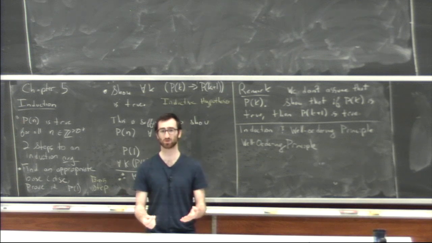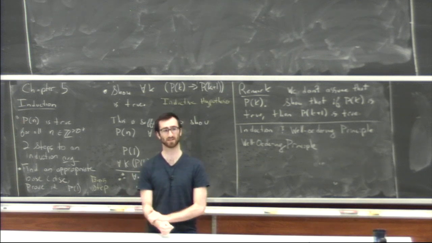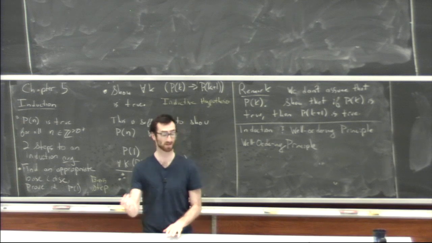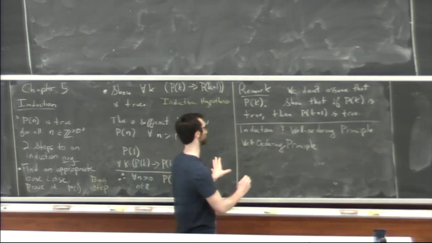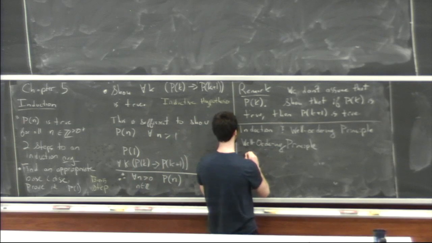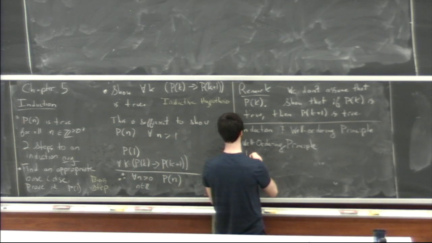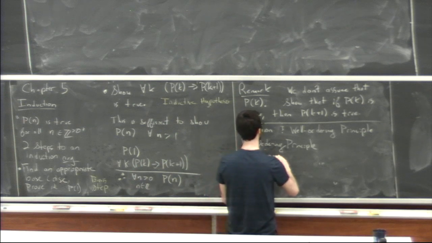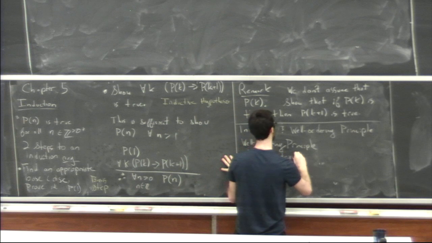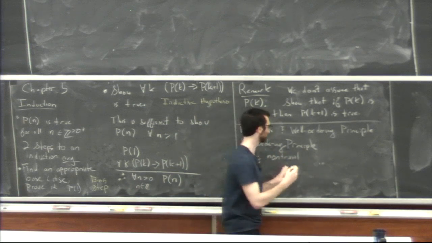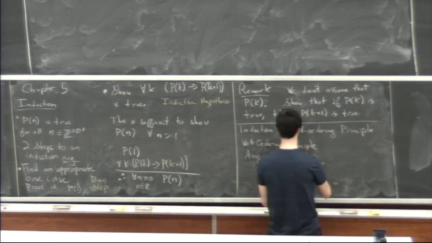Whenever we work with the integers, we assume that the positive integers can be well ordered. So the well-ordering principle is, I'll put it this way, any non-trivial, that means non-empty,